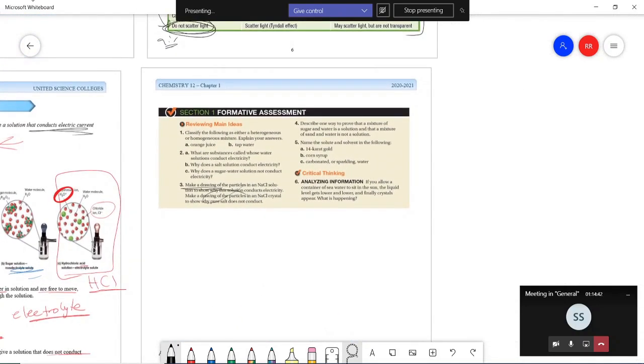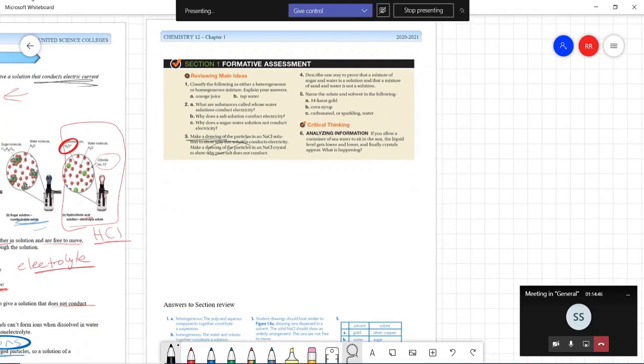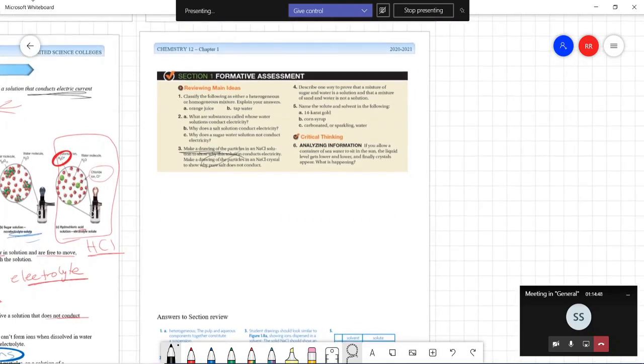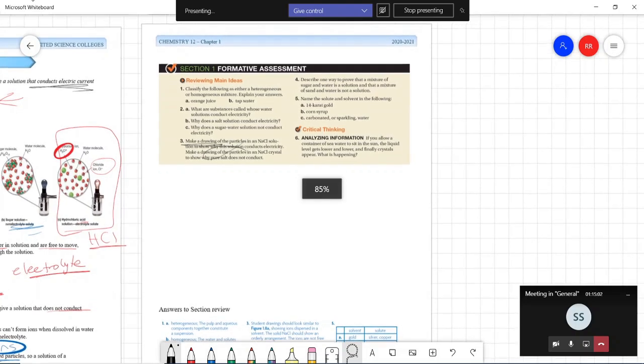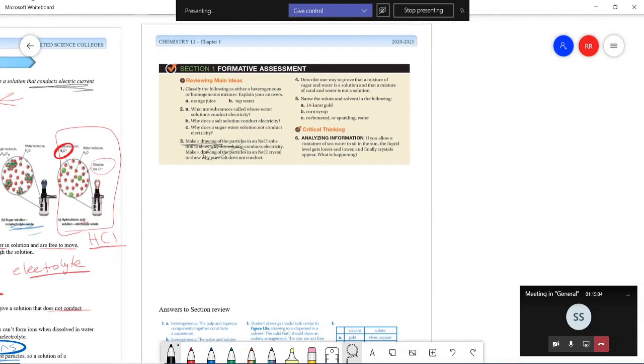All right. But let's go to number 1 and explain it. Classify the following as either heterogeneous or homogeneous mixture. Explain your answers. So, what is orange juice? Orange juice is heterogeneous. It's not homogeneous. Why? Because there are still big particles